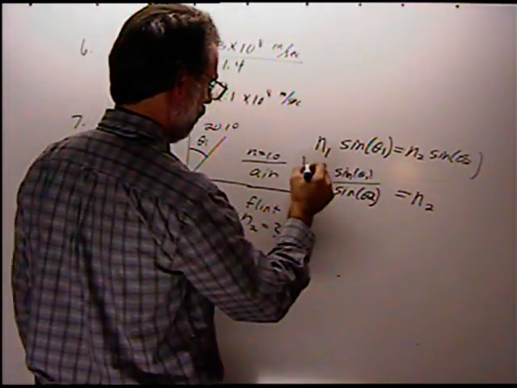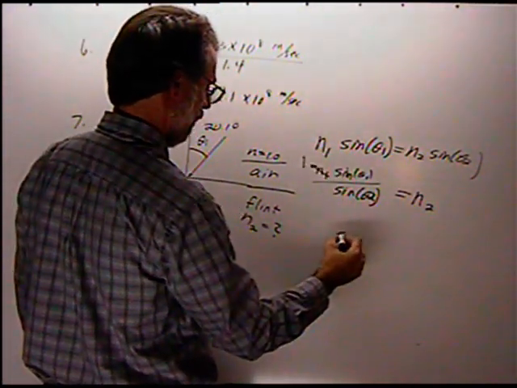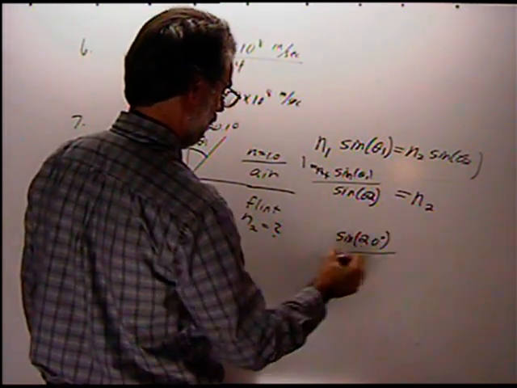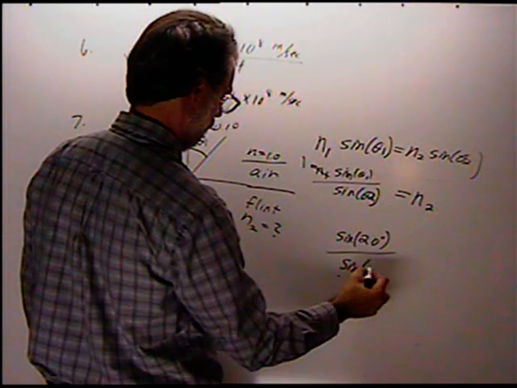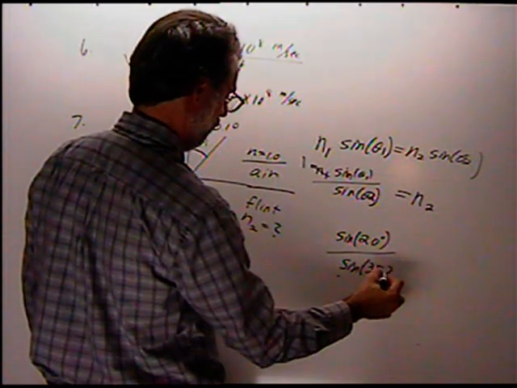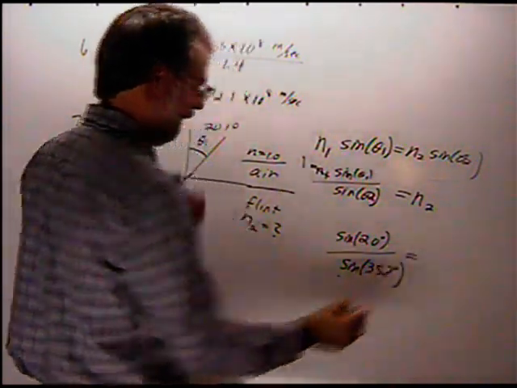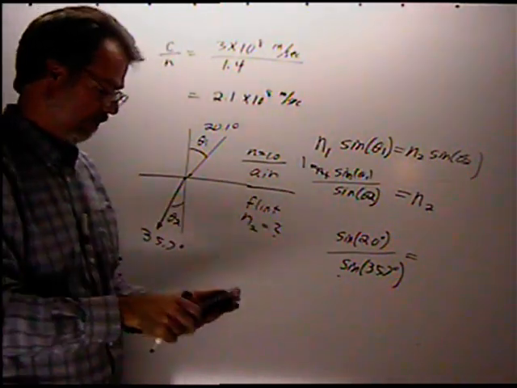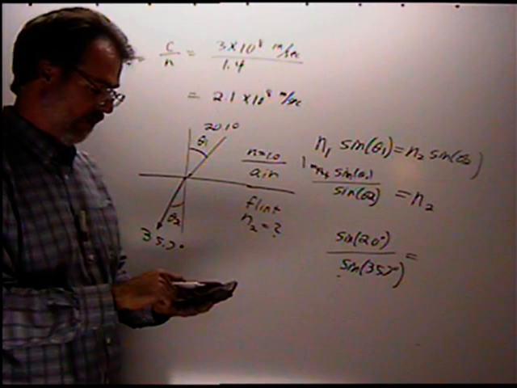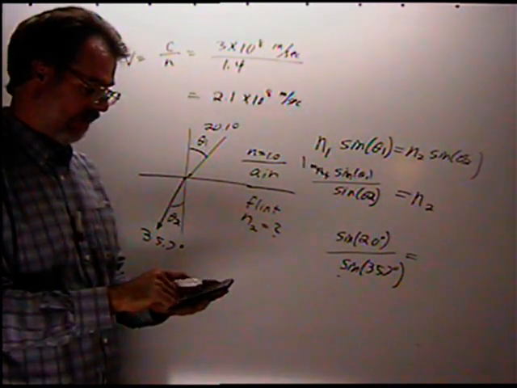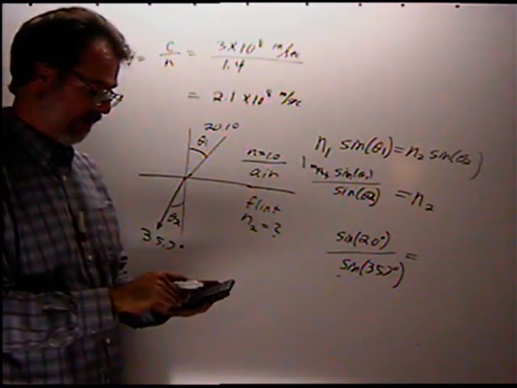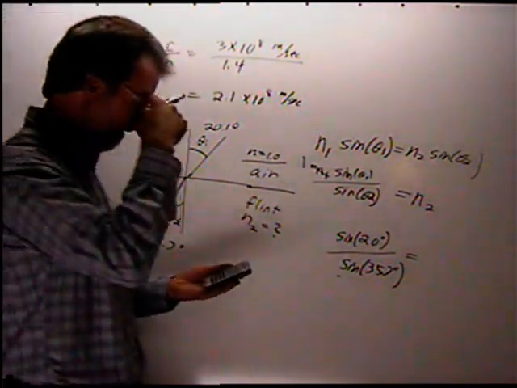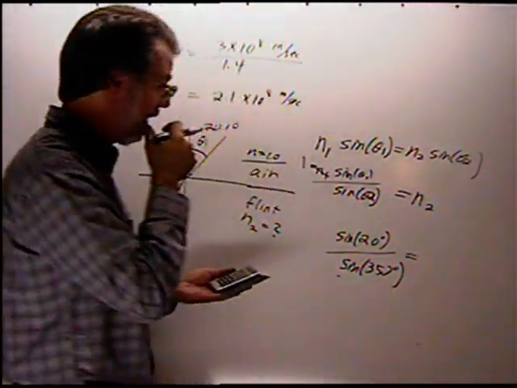This is simply 1, and we get sine of 20 degrees divided by sine of 35.7 degrees, and we get